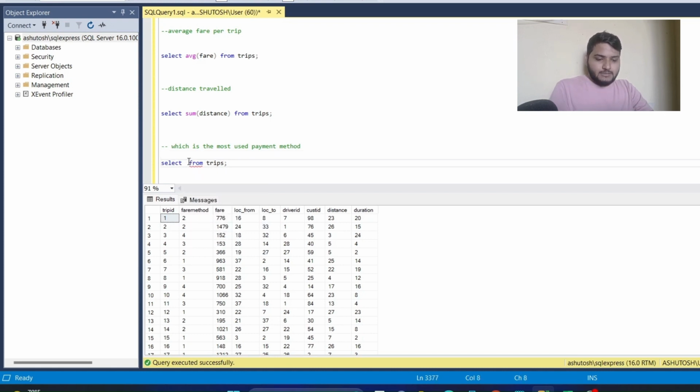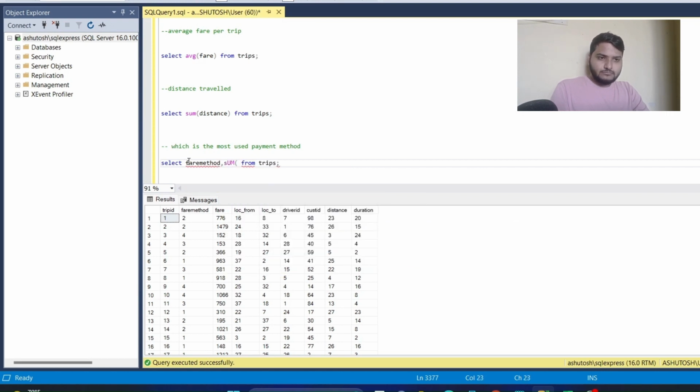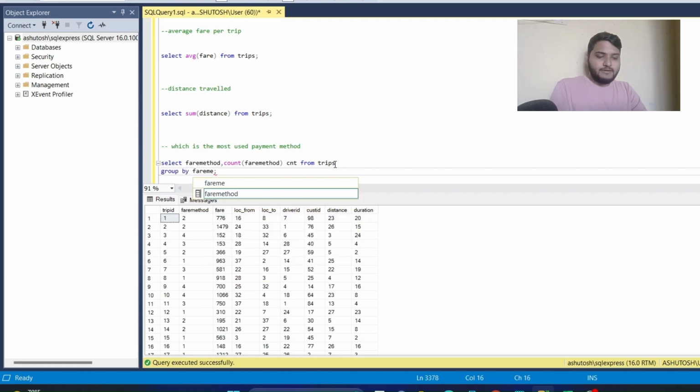So I just want to select fare method, and do a count of fare method from trips, group by fare method,